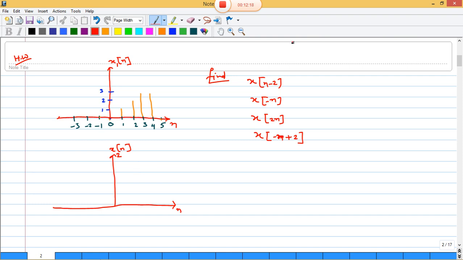So first of all we have to find out this one. Now x21 given like this. This one is 0 point, this one is 1 point, this one is 2 point, this one is 3, this one is 4. Now here one is 2, another one is